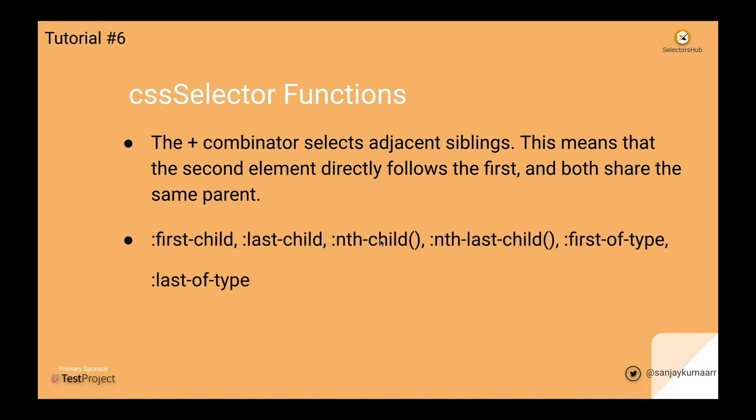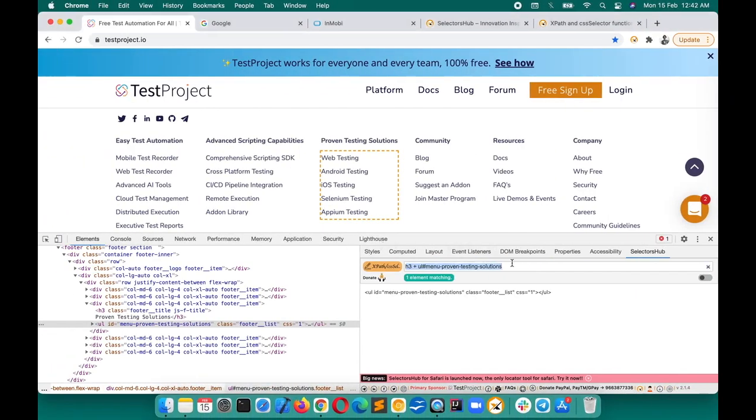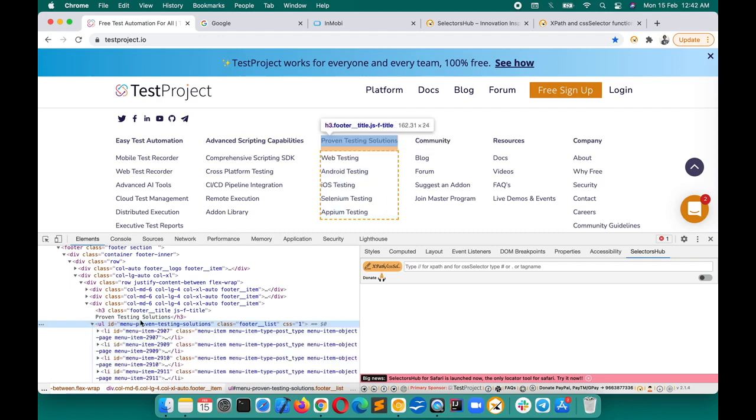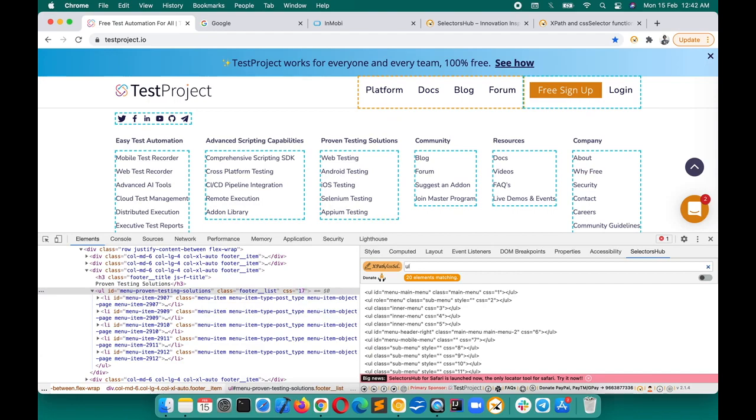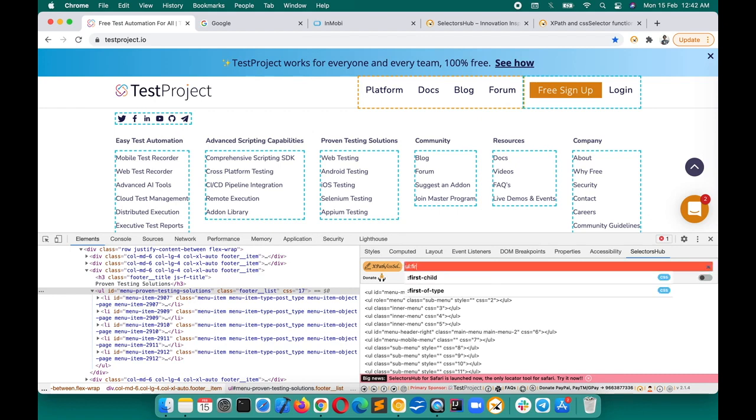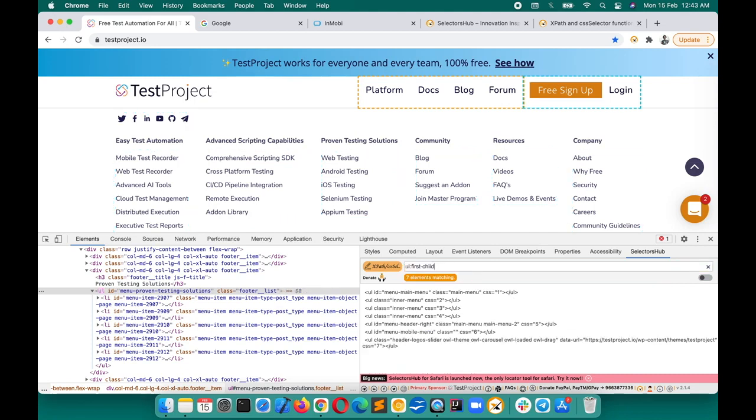First child, last child, nth child. So yeah, there are a lot of functions here now. Let's say we want, for this one, if you just type ul and then a colon, if there is any first child or second child, it will show you all of them. As soon as you type the tag name and a colon, it will show whatever options are available. So if we start with first child, yes, you see here it is showing